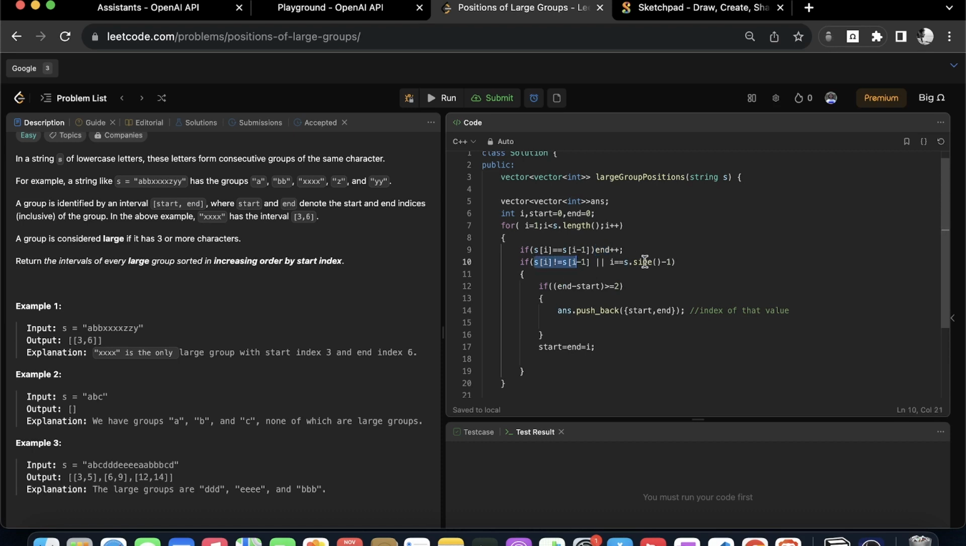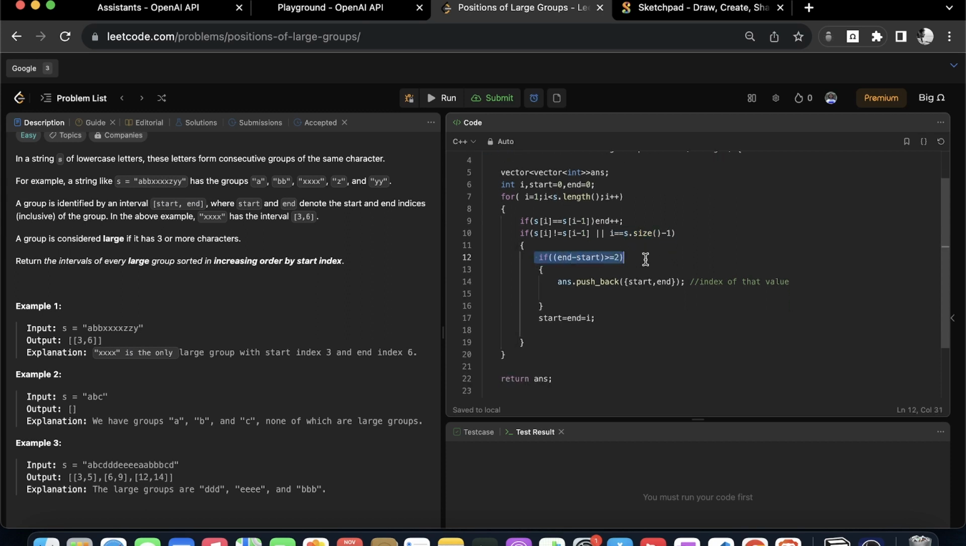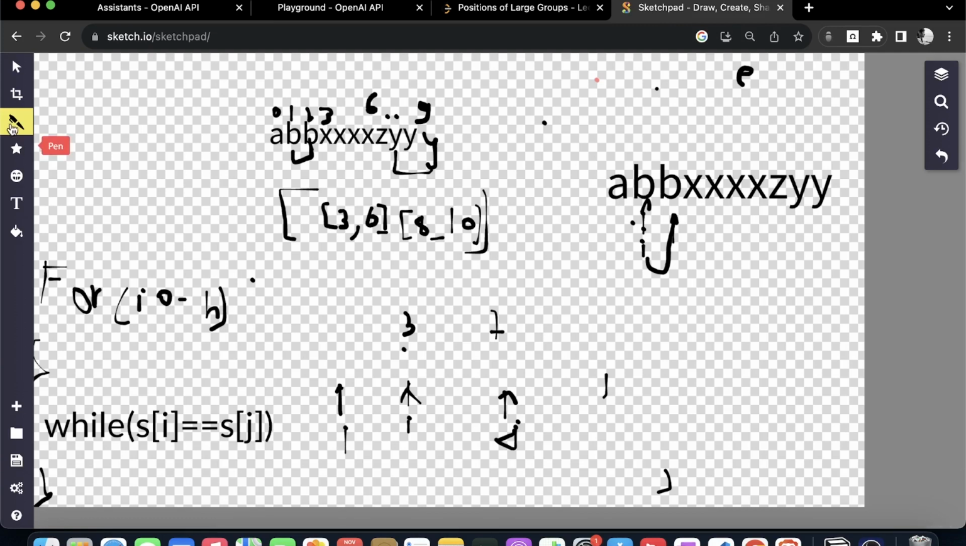And if both are not the same, or you have reached the last index, you check if the size is greater than 2. You can also say if you have three or more elements, then add it to the answer. Okay. And if they are not equal, you'll initialize start and end from the ith position. For example,